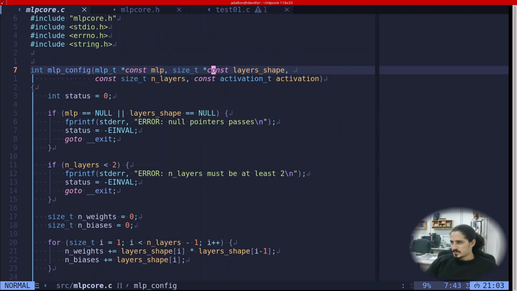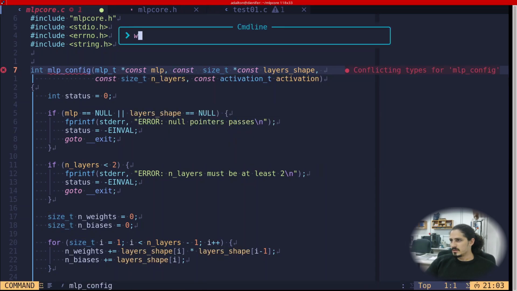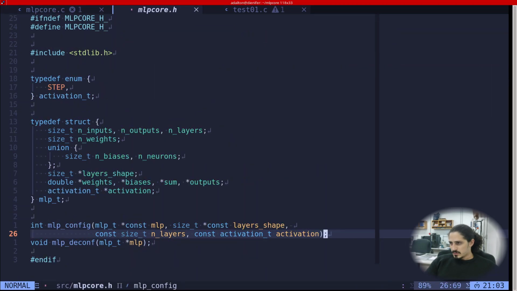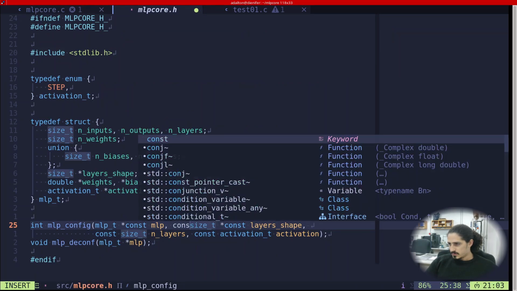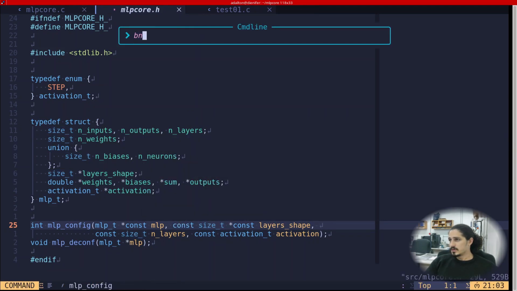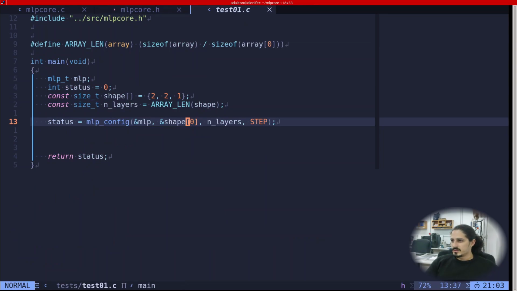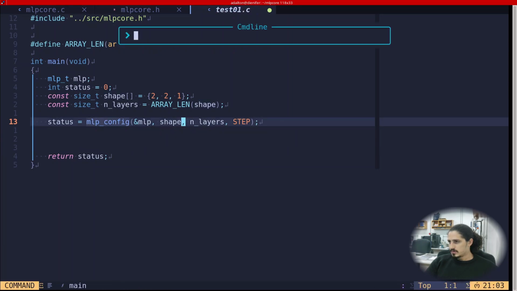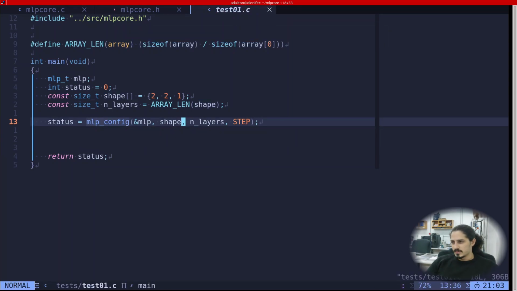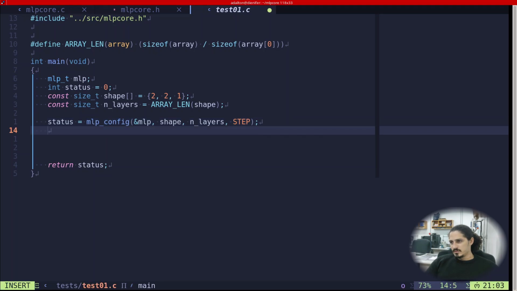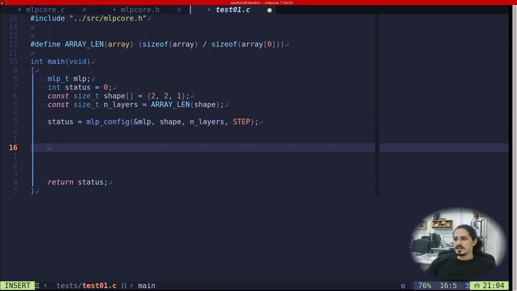Okay, proof of false. Also, maybe we could set the following because this is also a const. Okay. So now the warning is gone. Okay, can we get rid of this? Okay, now it works. And at the end, we can't forget to also